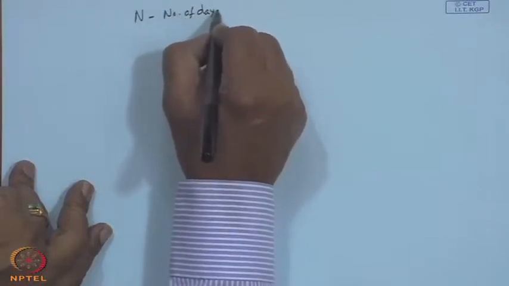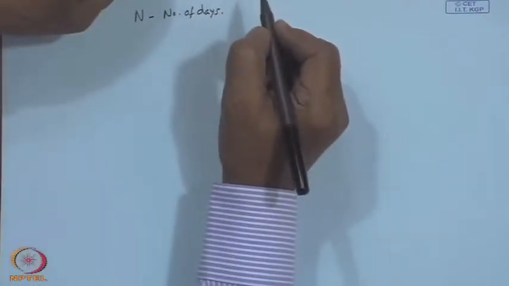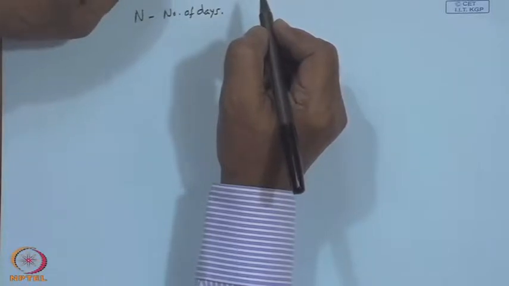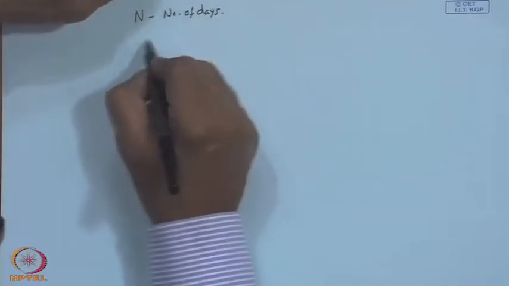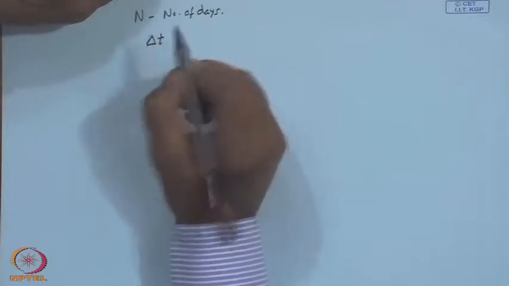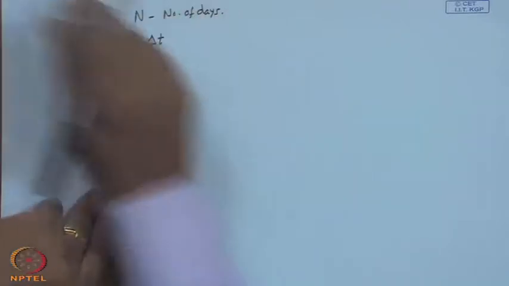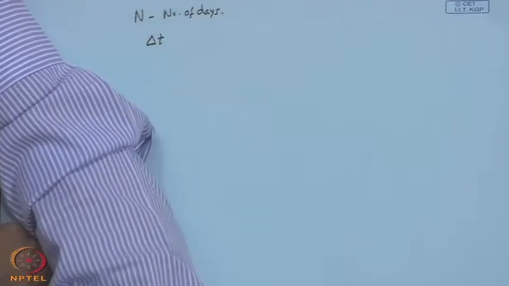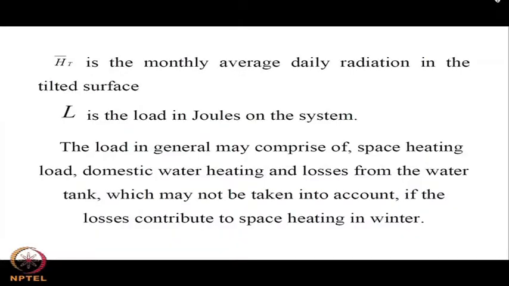One reason I write them or rewrite them at times is that we are using the same notation consistently. It will be easy for you to remember and check the consistency of the equations. H T bar is the monthly average daily radiation on the tilted surface, and L is the load in joules on the system. So, now